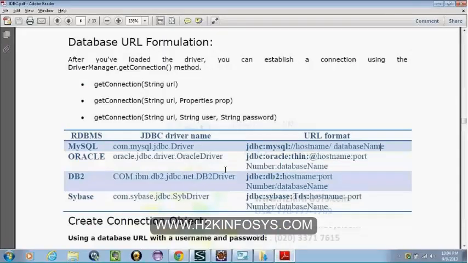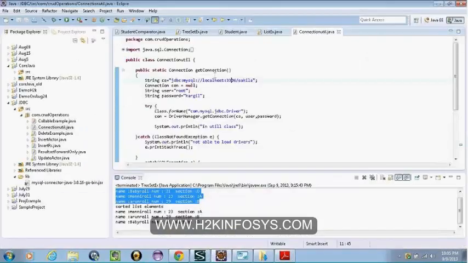Database name. Let's say, when I use MySQL, my URL looks like this. If you see, I replaced the host name with localhost:3306, and my database name is this. This is the URL. For example, let's say you have installed your database at 3300. Yours is 3300, and if you have created your database by the name training, here you should keep it as training. That's how I formulate the URL.